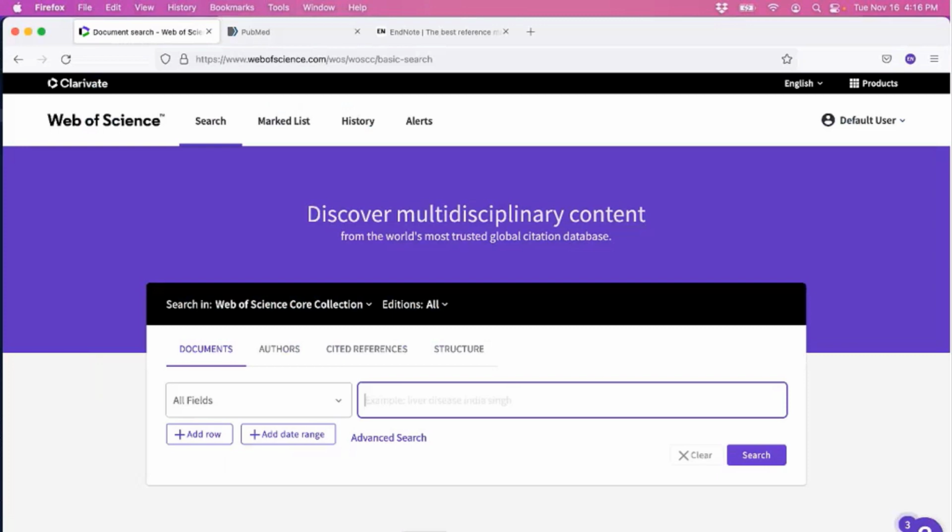A more common method of automated reference capturing, like I was mentioning, is a direct export. It's a technology that many information providers have implemented already, and it gives the site an EndNote export option. So here we're on the new Web of Science. We're just going to perform a quick search here.